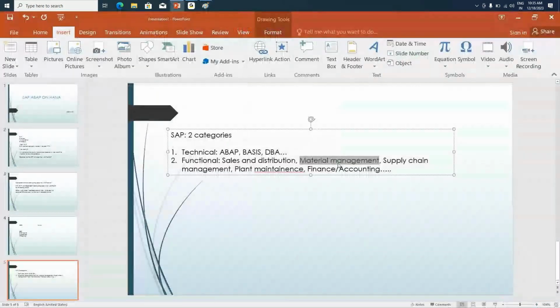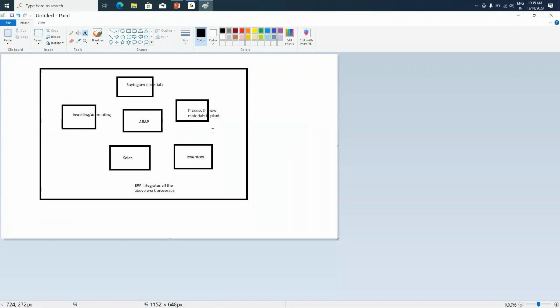That is the MM team, also called SAP MM. Then we have supply chain management. All these processes, all these modules have to go through one particular cycle, correct? After I have bought the raw material, it should be moved to my machines. After the machine, it should move to my inventory, then to sales, and so on.